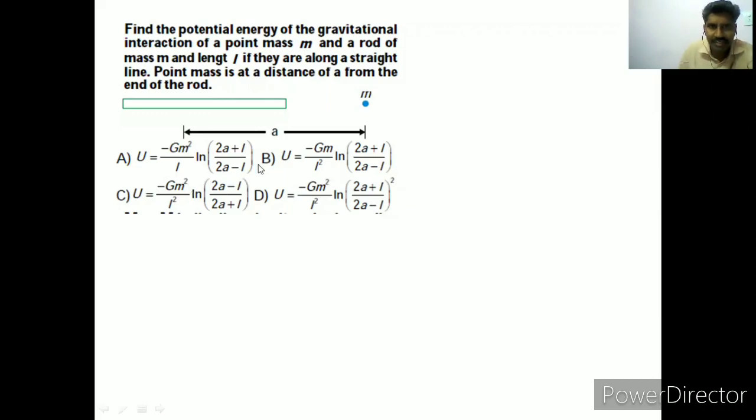Find the potential energy of a gravitational interaction of a point mass m and a rod of mass m and length L if they are along a straight line. The point mass is at a distance of A from the end of the rod. See here,